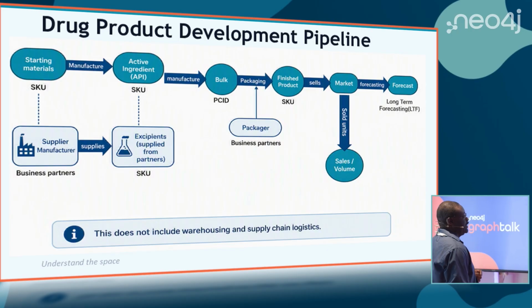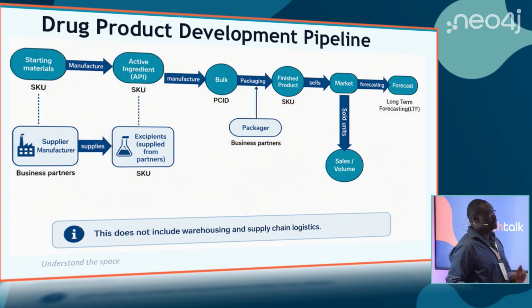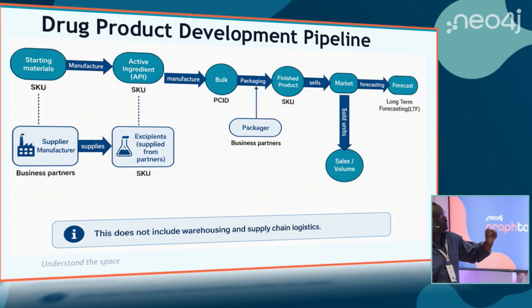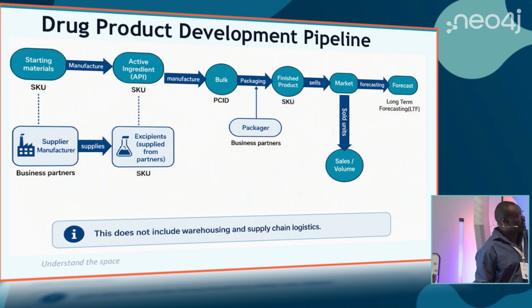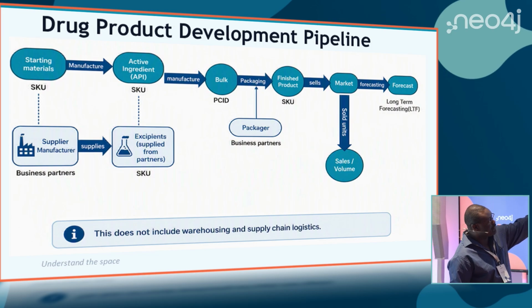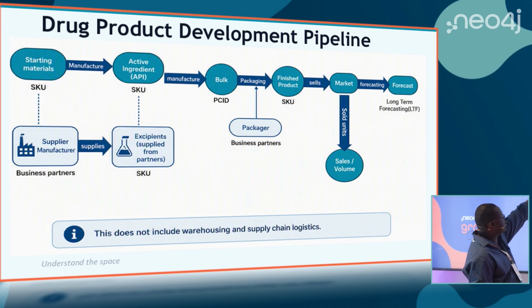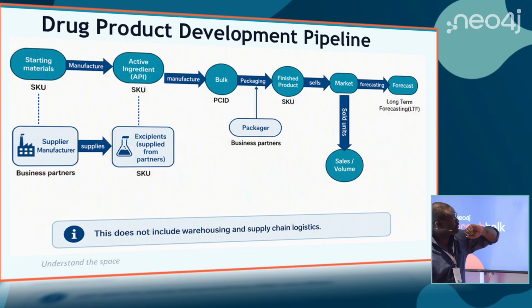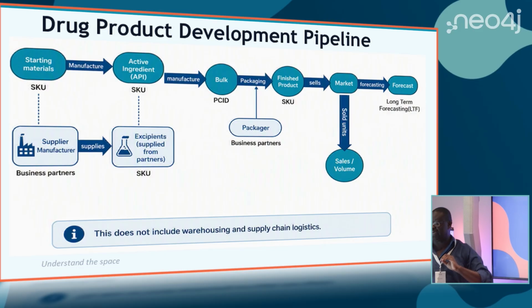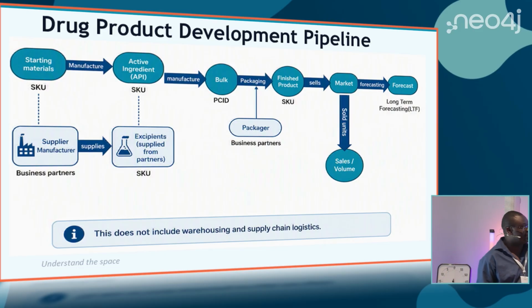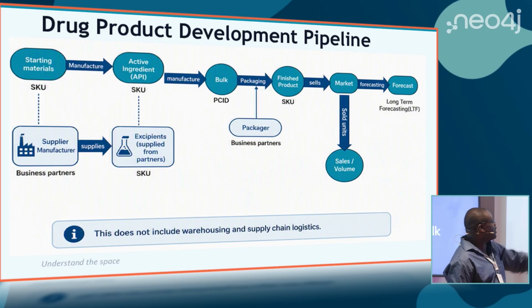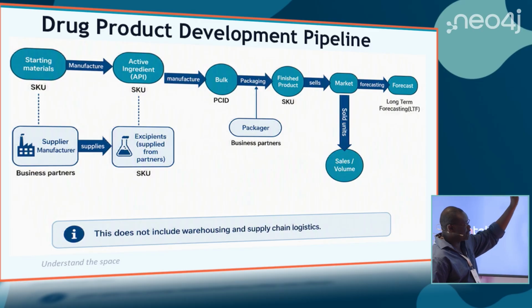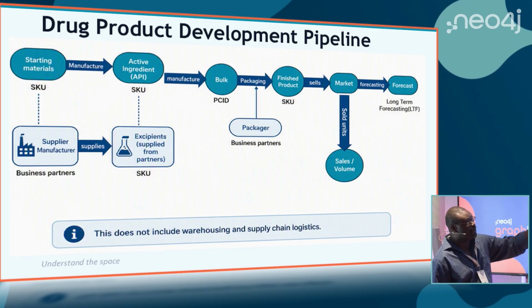Your supply chain is a little more complicated than what I showed you, but even this is pretty basic. So starting materials, you're manufacturing an active ingredient, you're adding excipients to it, manufacturing bulk, you have SKUs, stock keeping units, identifying the materials at any stage in that development pipeline. Packaging is done by different business partners. That may not be the people who are actually doing the manufacturing, but there's a lot going on here,